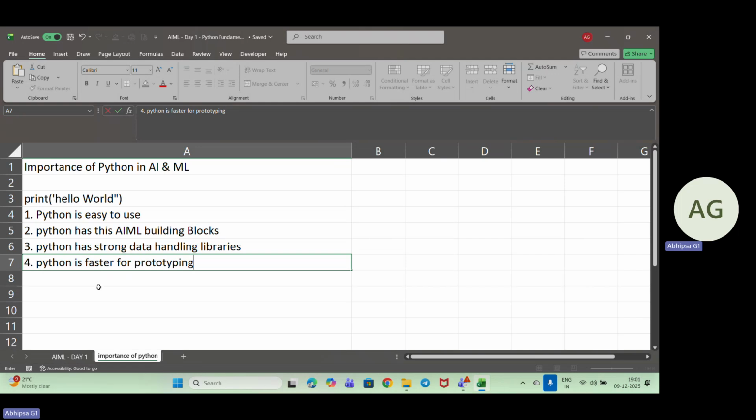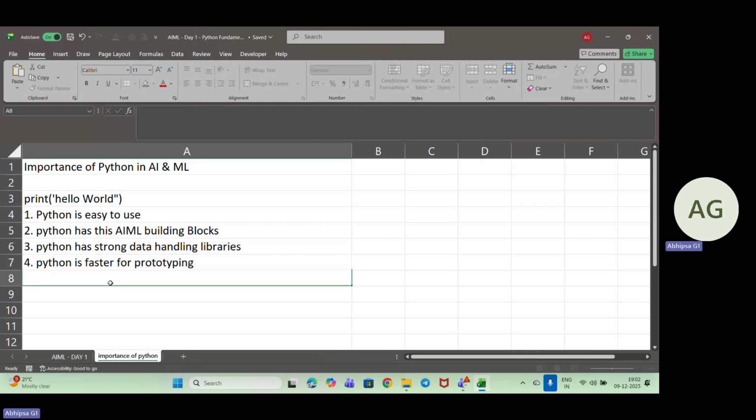In that case, Python is great because we can just try an idea, run the code, get the result, and then modify it, rerun it, and retry again, right? That is the reason Python is very fast for prototyping. This makes it the best tool we can call for working in the AI/ML field.